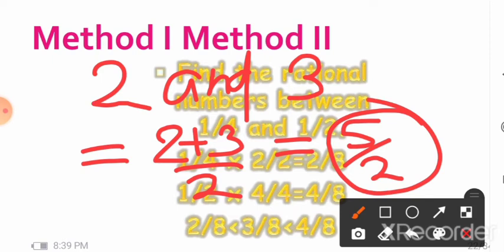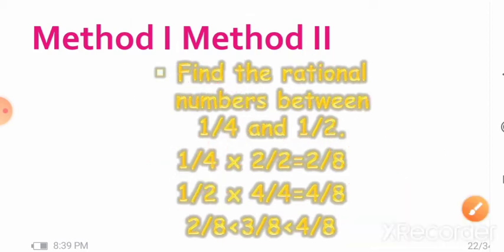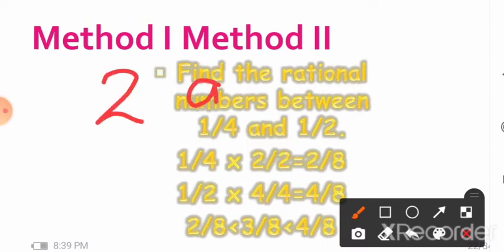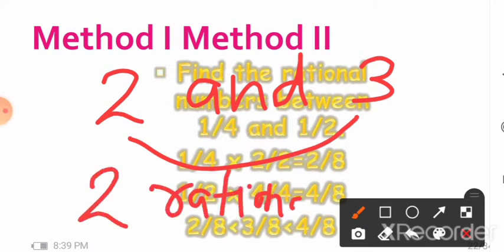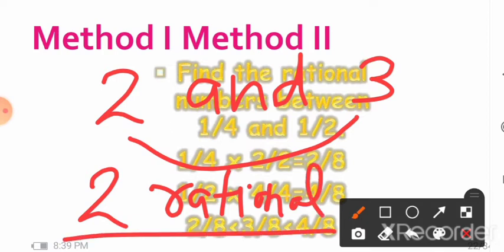So the next point is, this formula is useful for calculating only one rational number. But if a question is asking to calculate more than one rational number between these numbers, like the numbers given are 2 and 3, and it asks to calculate two rational numbers between these numbers, then how do we calculate them?